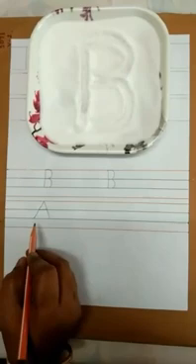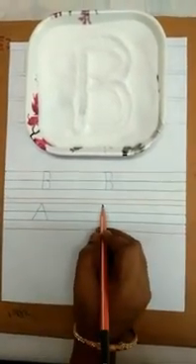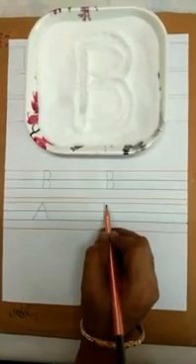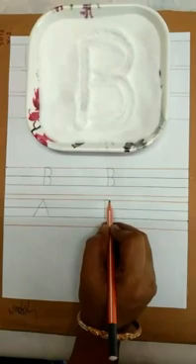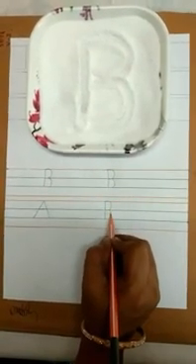Now tell me, after A which letter will come? Capital letter B. Come on, let's see how to write. Red line to second blue line, standing line, opposite C curve from red line to first blue line, another opposite C curve from first blue line to second blue line.